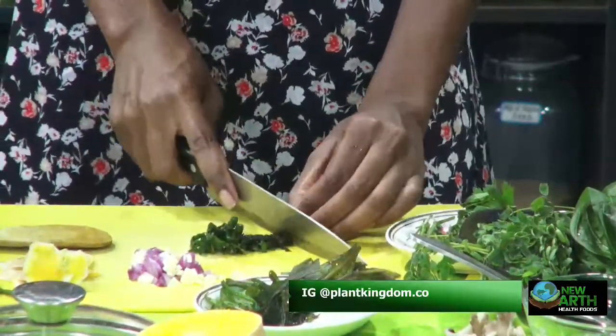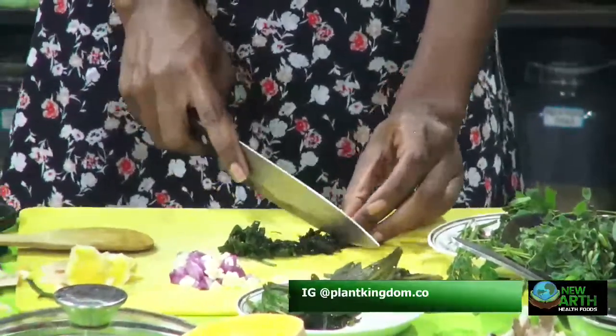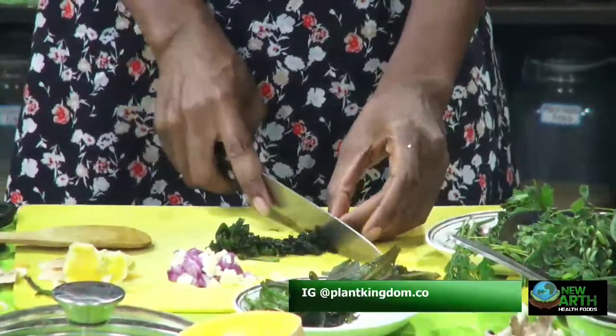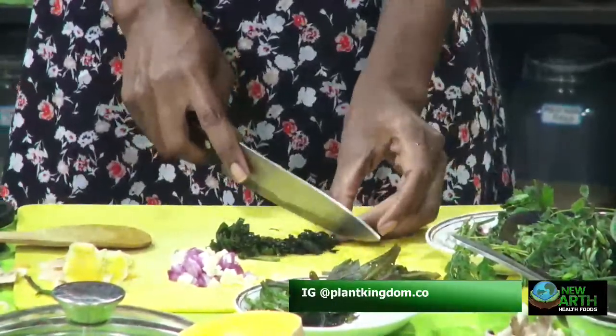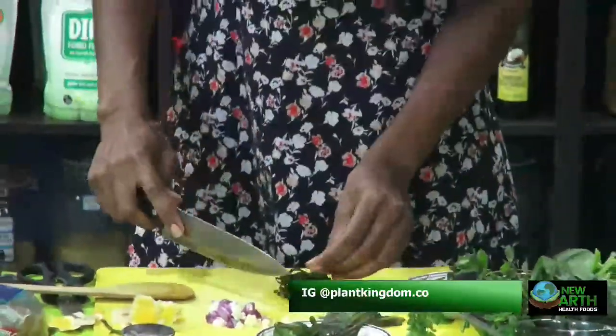I know there are a lot of holistic doctors like Dr. Sebi and his followers. They say, eat to live, don't live to eat. But I love food, so I live to eat. But if you make it nutritional,